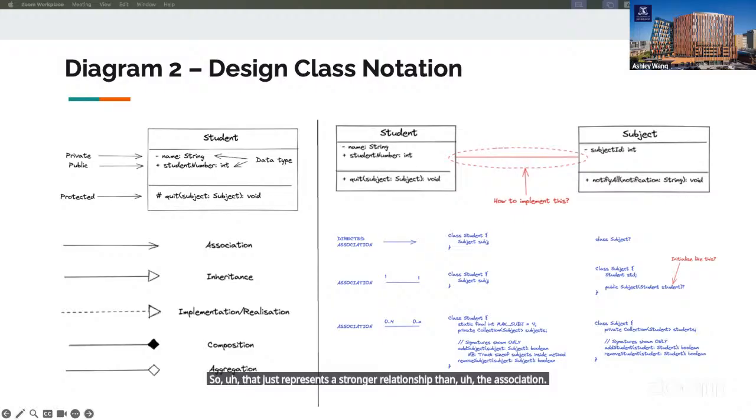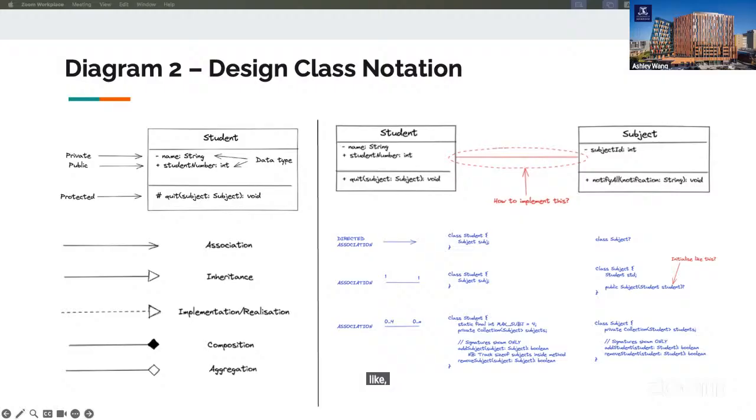Okay, and on the right-hand side, it's about understanding the association line. Does anyone know, when you have an association line like that, what does that mean in the code base? For example, in this one, we've got student and subject. We have a solid line with no directional arrow.